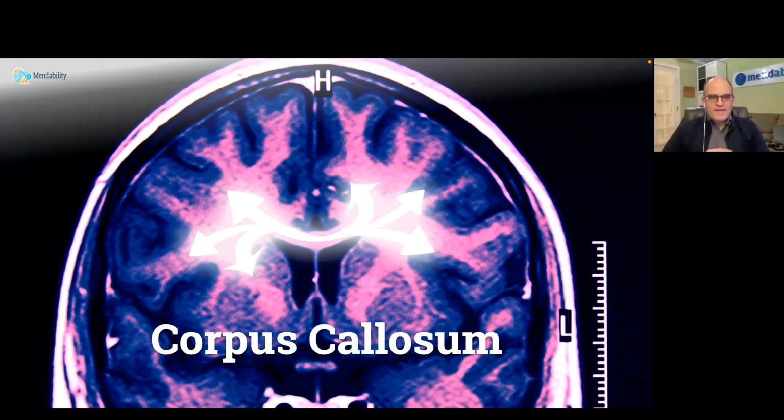And for complex tasks like expressive communication, planning tasks, following instructions, you need efficient communication between the two sides of the brain. And there are many, many studies showing that in developmental disorders, 90% of the kids have some issue with the corpus callosum, with that bridge. Either it's smaller or it's thicker, and so information doesn't flow quite as efficiently as it can.